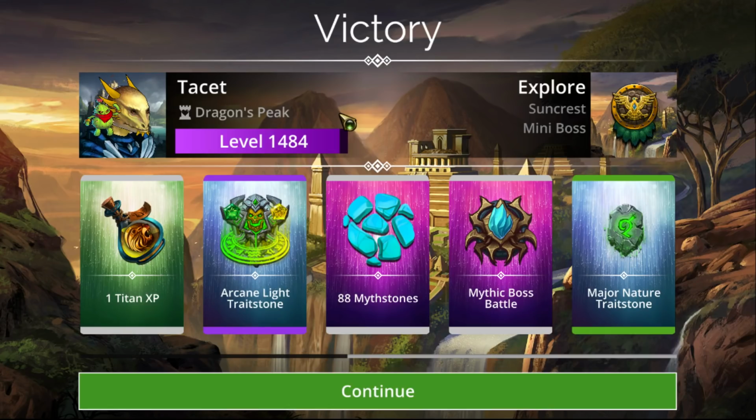And for the Mythic battle, or sorry, did I just say this one is a Mythic battle? So basically, how the Trait Stones work now is the first 4 Explore battles have a slightly lower rate for the higher rarity Trait Stones than they did before. The Legendary one, which is the one that we just did, the mini-boss one, has what should be about the same drop rates for Trait Stones as before, as you can see by the fact that we just got an Arcane. And the Mythic boss battle will have a 100% chance to always give a Trait Stone from that kingdom,